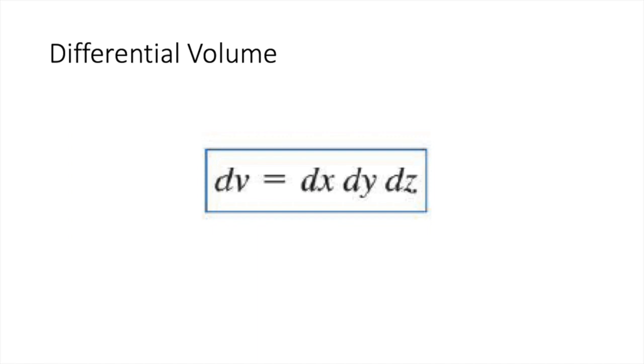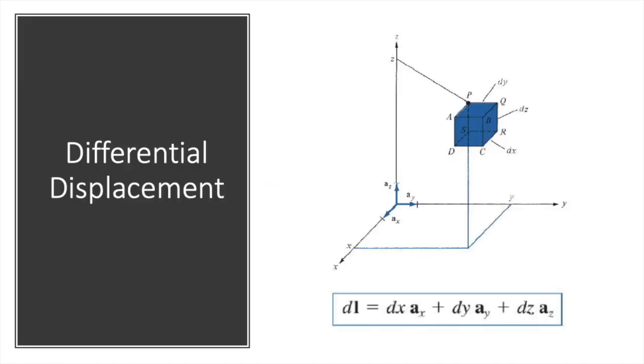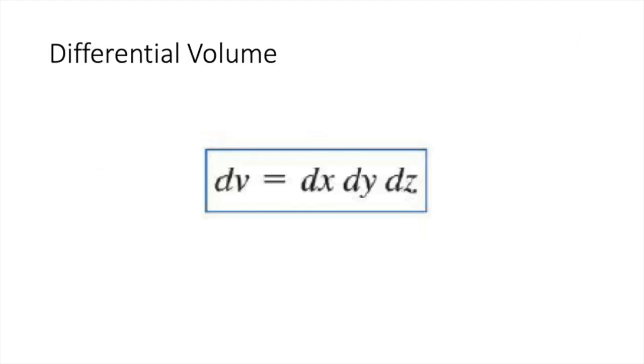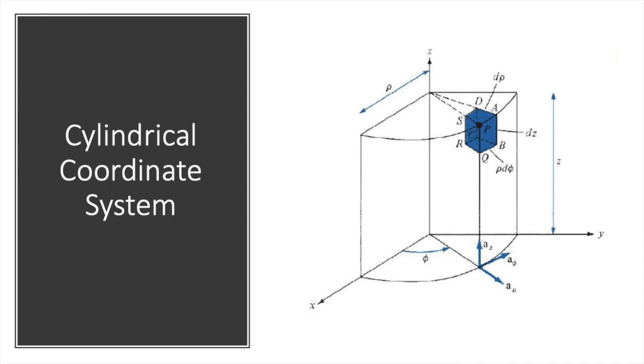The volume, if we talk about the volume of the cube here, we talk about it in terms of length, breadth and height. So dx, dy and dz. That will become the differential volume. Again, why are we talking of these differential length, area and volume? Because in the coming lectures we'll be dealing with some surfaces where we need to take some differential part and then integrate it. In that case these expressions that we are finding right now will be very helpful at that instant. So that is why we are doing it. And now we'll move on to the cylindrical coordinate system.